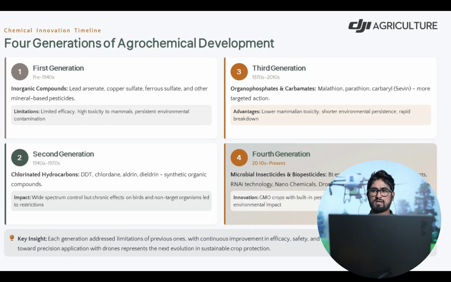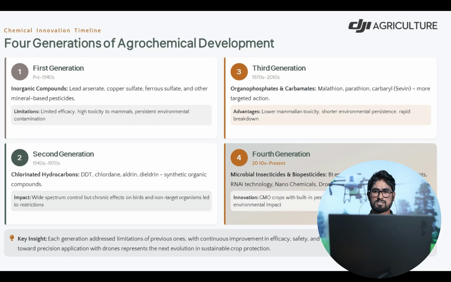And nowadays, the world is practicing the use of nanochemicals like nanofertilizers and nanopesticides in drone-based products. Most countries are now creating formulations to apply using drones. So this is the future of the world.